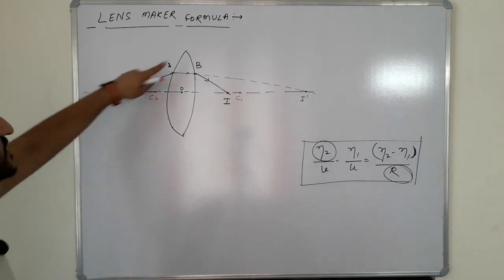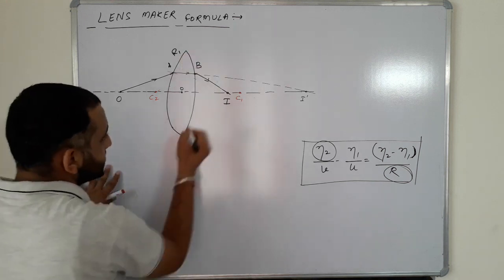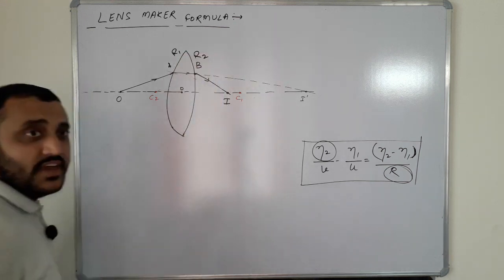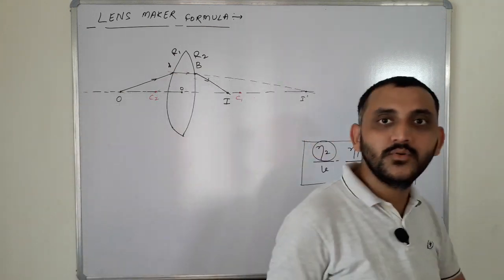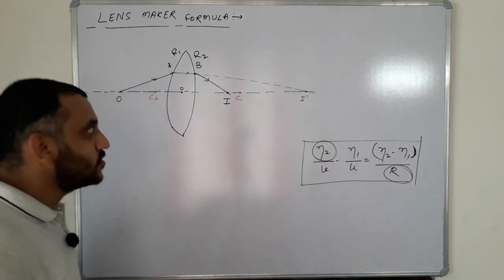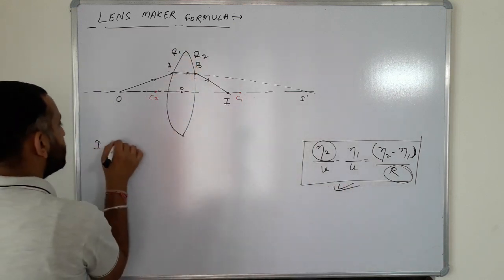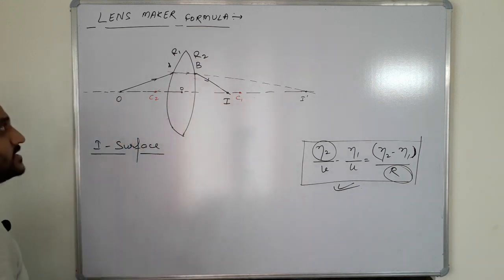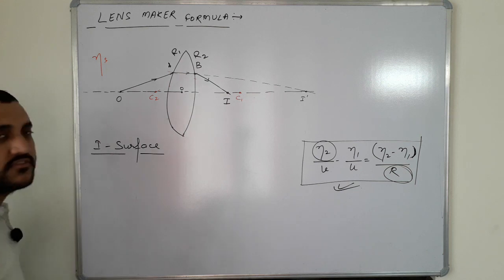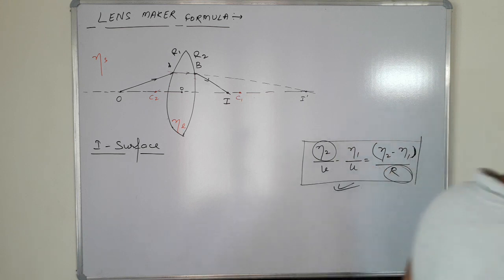The radius of curvature of this particular surface is given to you, that is R1, and the radius of curvature of the second surface is given to you, R2. So we have two surfaces now, and there is refraction from two surfaces. Let us apply this expression for the first surface. Let us assume that the surrounding has a refractive index of ηs and the lens has a refractive index of ηl. Hope you got it till now.